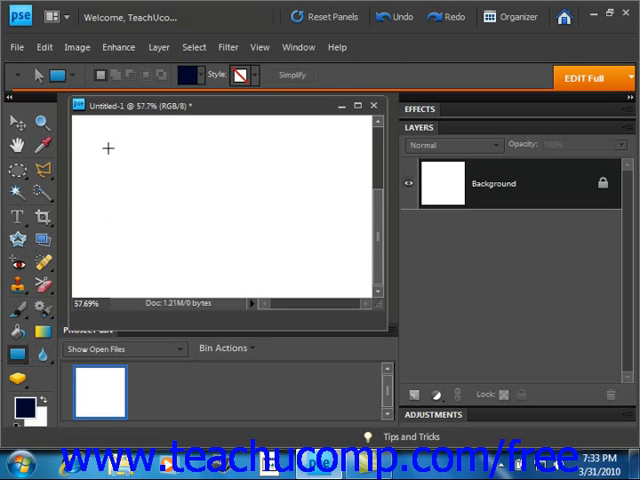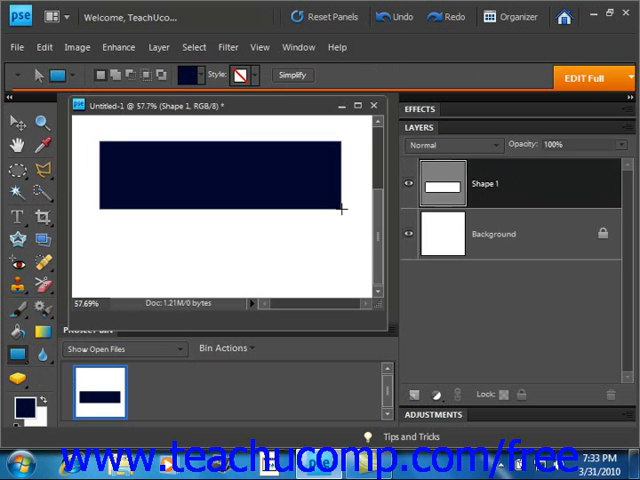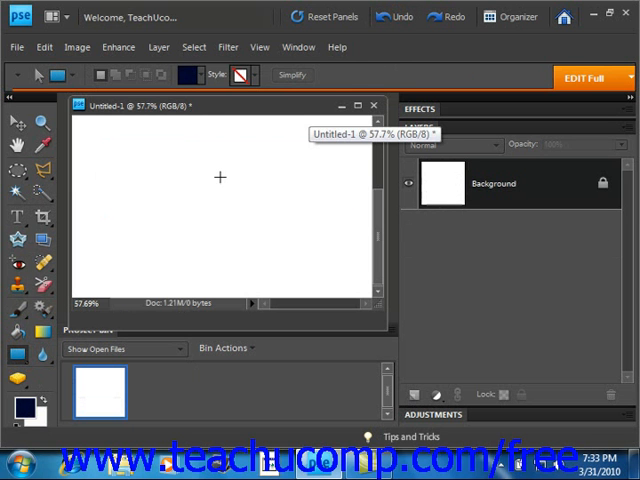And you use this to create rectangles by simply clicking and dragging from one corner diagonally across to the other corner over the area in the image where you want the rectangle to be placed. Click and drag, and it's really that easy. We'll undo. Now, you can also hold down the Shift key after you begin to click and drag to draw